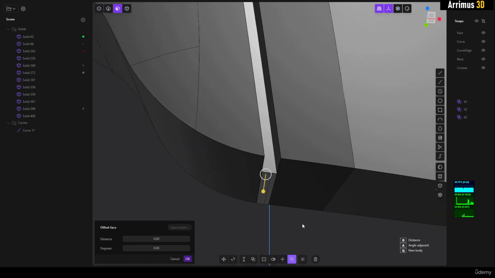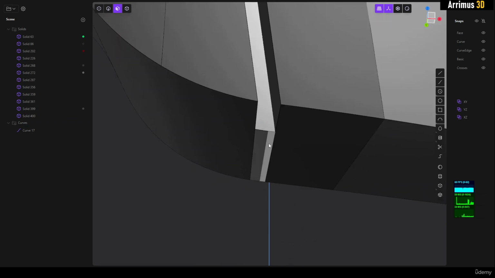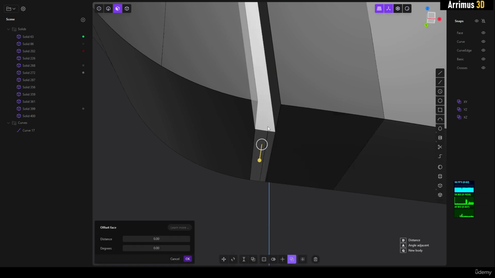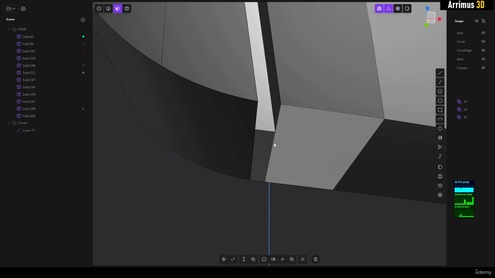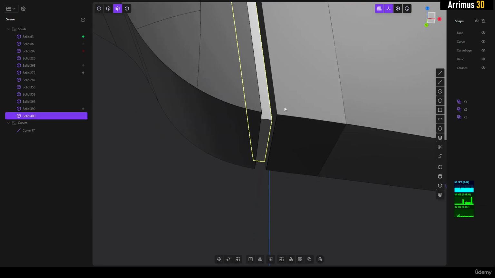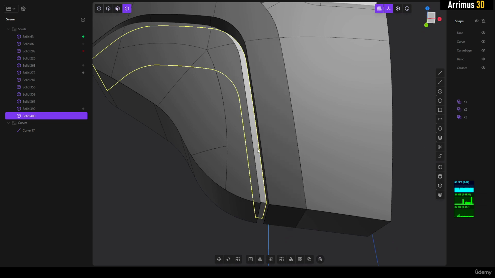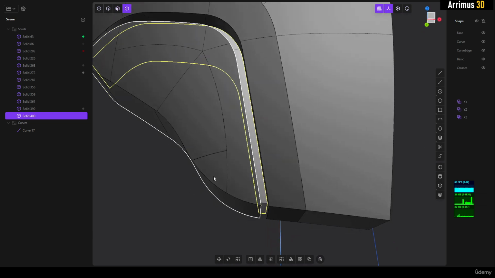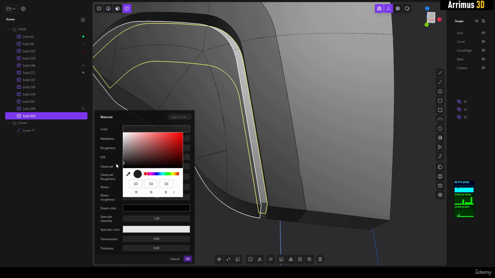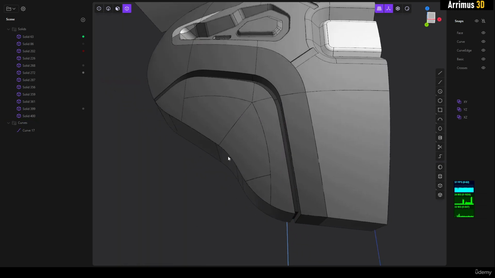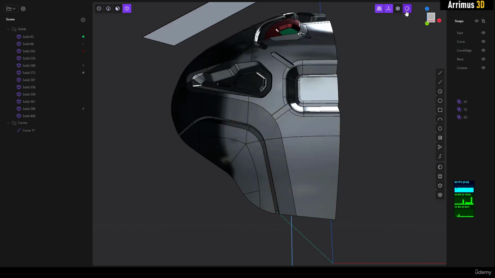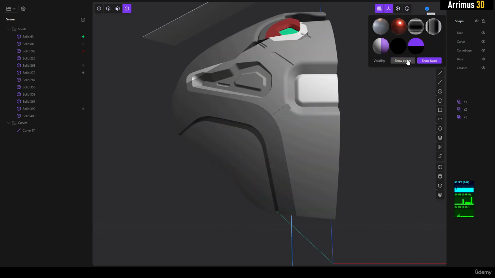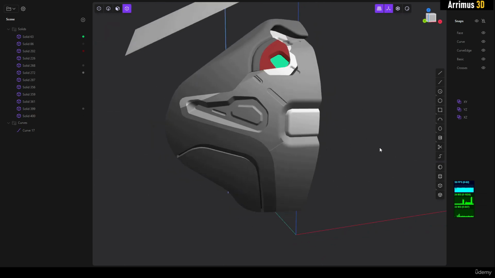Sometimes what we can do is, notice how right here we have kind of two faces. If I select this and press D, we get that, which you may want. If I select this and press D, we get that. But we can select this left one here and press X, delete that, and now we have this effect. This is also a very nice effect for getting this kind of separate shell effect. We can right click here and turn off show edges just to see this, for example.